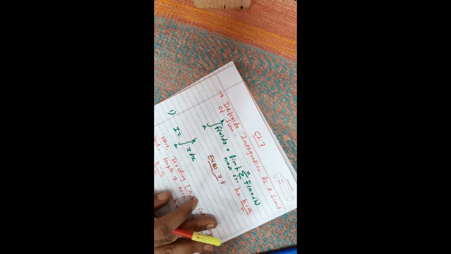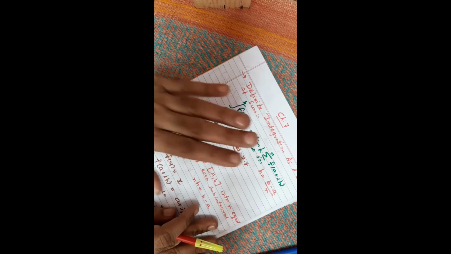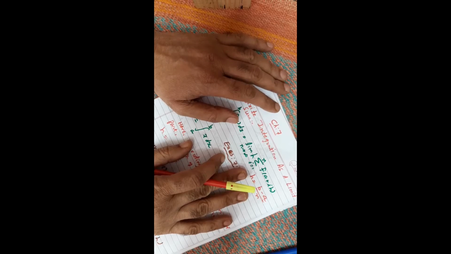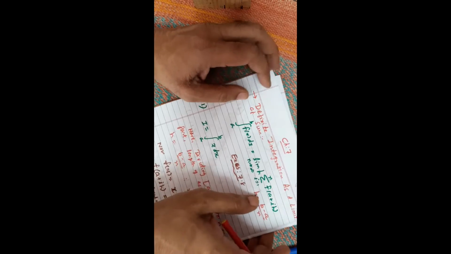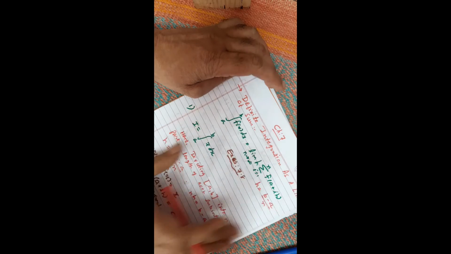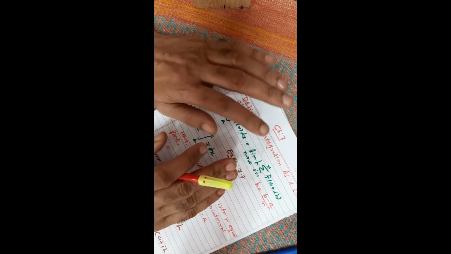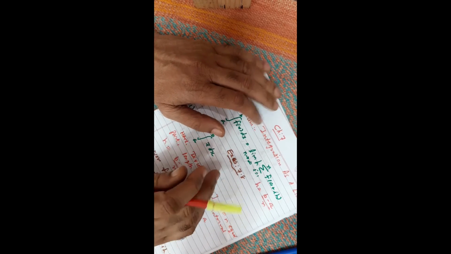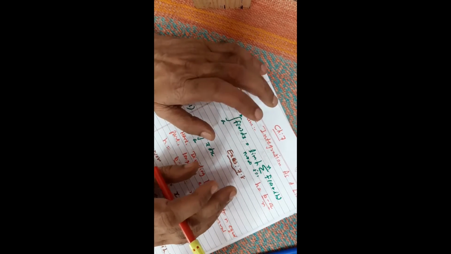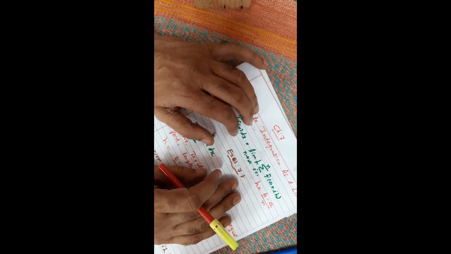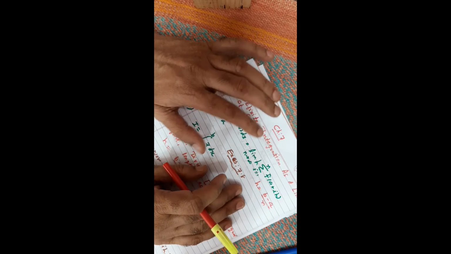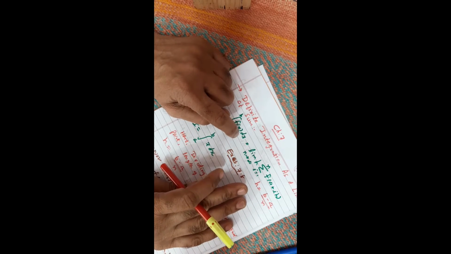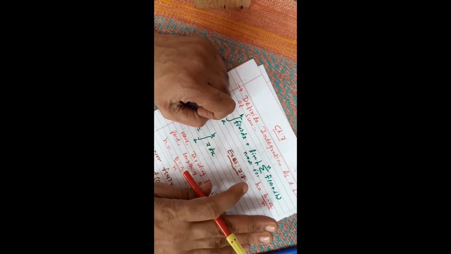Now you see that I have written this page, but the reason is that this recording was done, but when I checked it before uploading, the first page audio was not there. I don't know how. It is not recorded at all; it is about 9 minutes and then suddenly audio starts. So I am recording the first page again from the beginning. It's already written, so I am not writing it again.